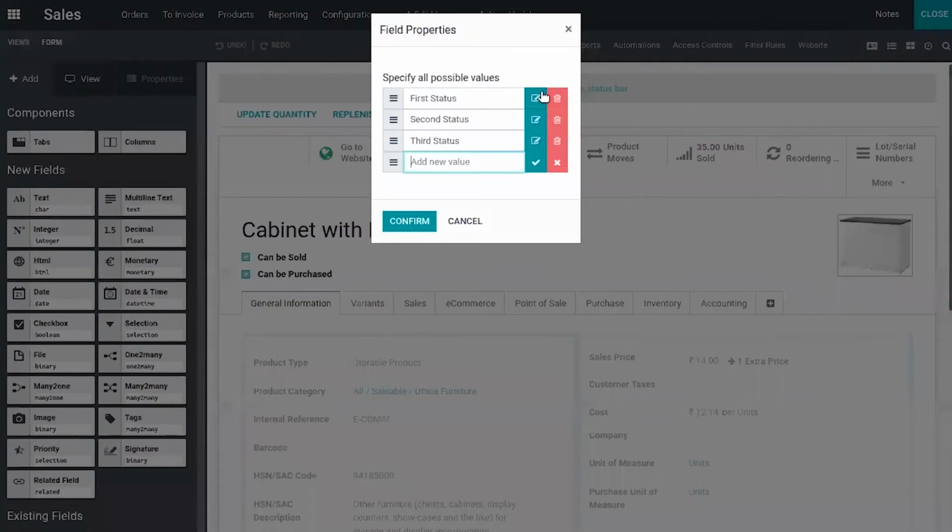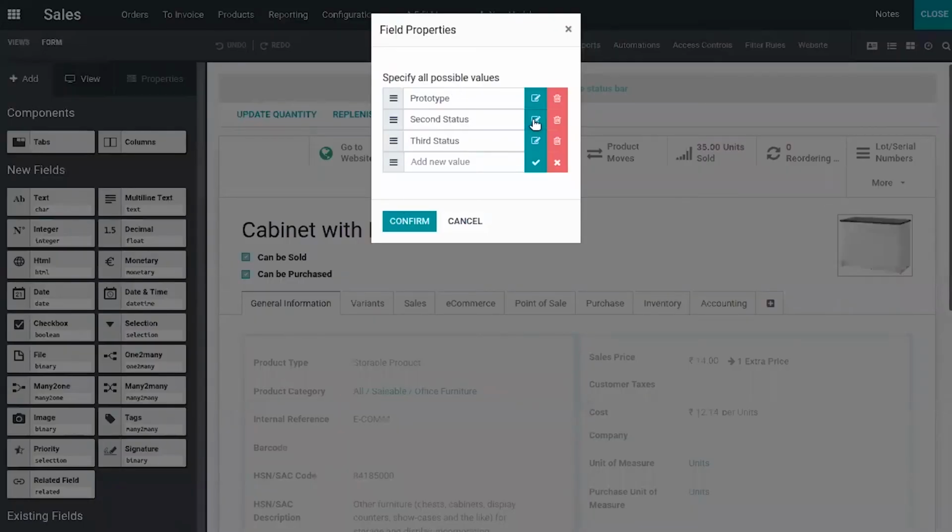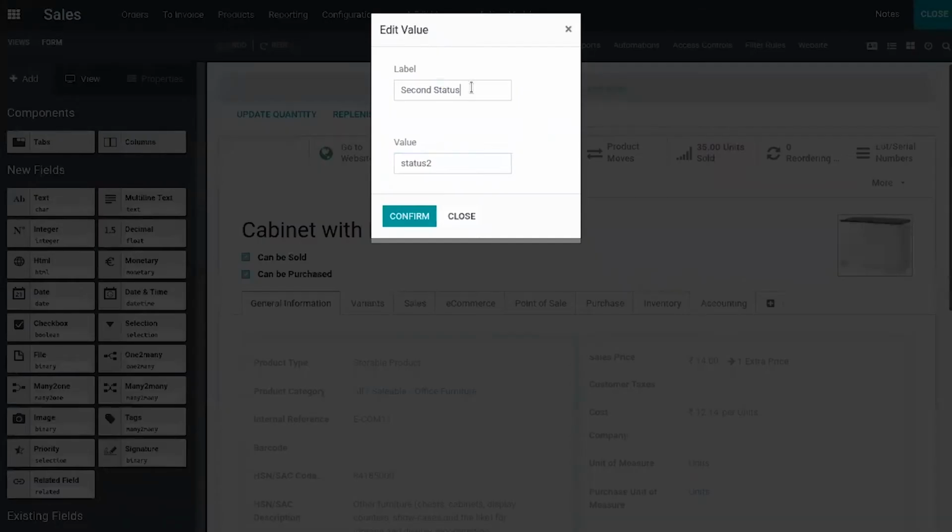So click on add pipeline, and here we can edit the label for the status. Okay, first one is created, and you can add second one.